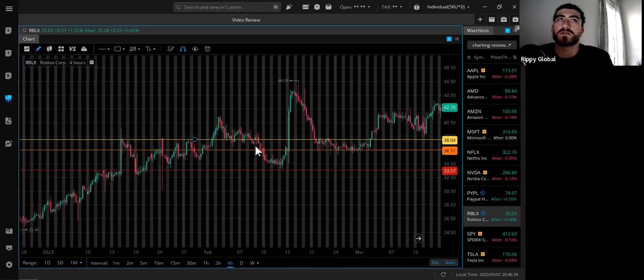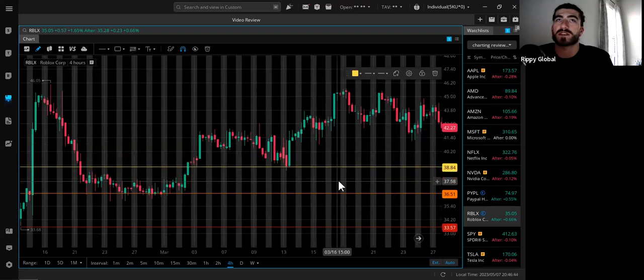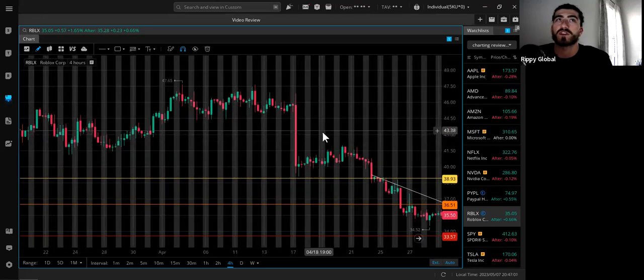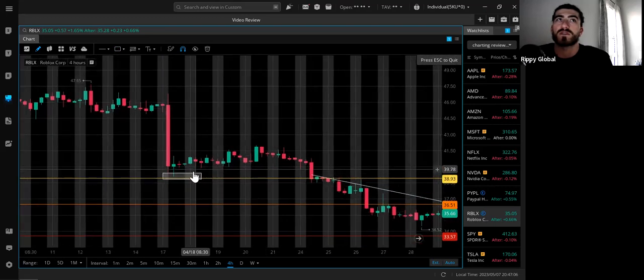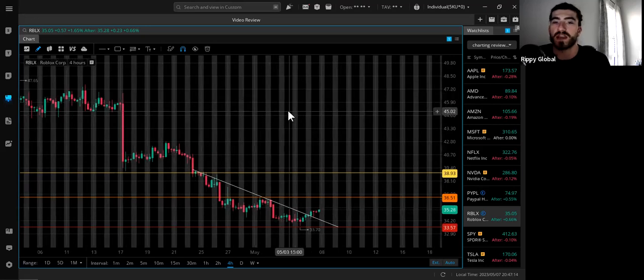Going off these resistances, I can pull this up to match more candles on the upside, which also gives the price action in the current time frames room to grow and push higher without you chasing or trying to predict puts on a rejection. This gives you more patience in your favor for it to push upside with heavier price action. So now my zone is roughly at $39 a share, and that does correlate to a support that held back here, along with consolidation that rejected as resistance. So now we have a clear view, more gaps to fill, more time for you to wait and let the